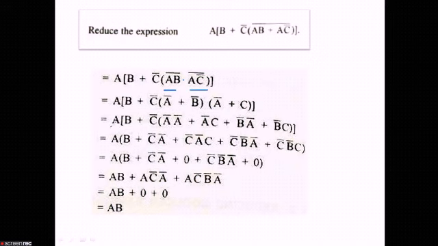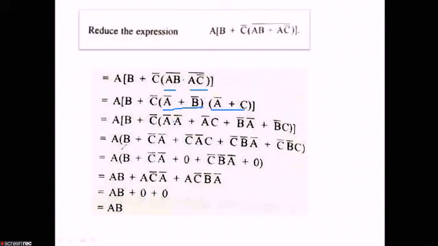Now see again this one. Here we have multiplied these two terms, that is, we have multiplied (A bar plus B bar) into (A bar plus C). Now just see, A(B plus C bar) will be multiplied by A bar into A bar plus B bar into A bar, next A bar into C, next B bar into C. Next, we are just simplifying it.